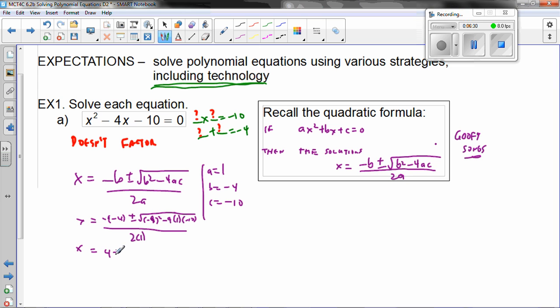4 plus or minus the square root of 16, and minus 4 times minus 10 is positive 40. That's 56 there over 2. So I've got x equals 4 plus the square root of 56 over 2, and 4 minus the square root of 56 over 2, right? So